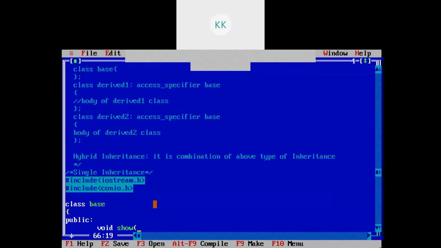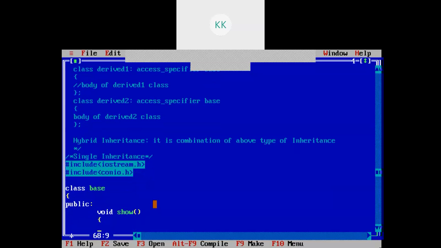I am writing show. Here I will write cout, this is base class.